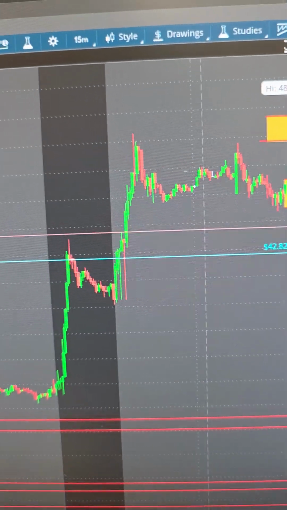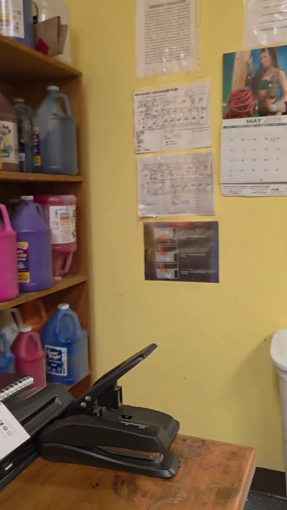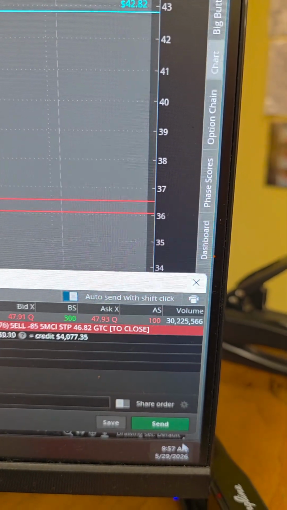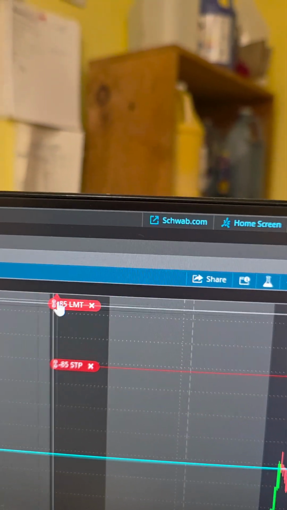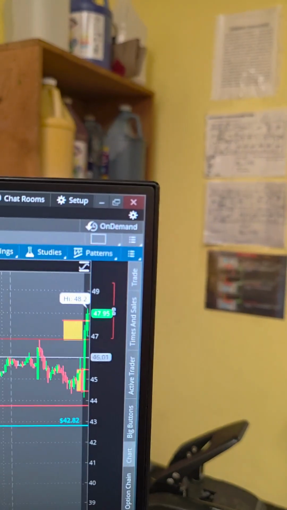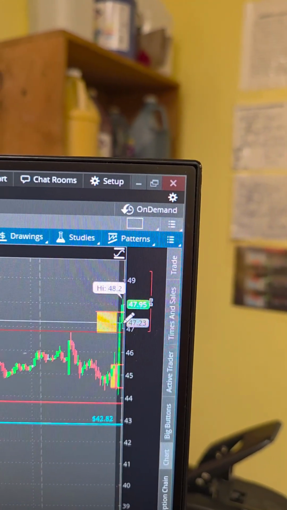So I'll just grab it, move it up, release it, and I send the order. So I'll send the order. And now the order is sent. So now what I'm doing is I'm locking in profit. I'm locked in profit. So for whatever reason, if this candle decided to retrace,